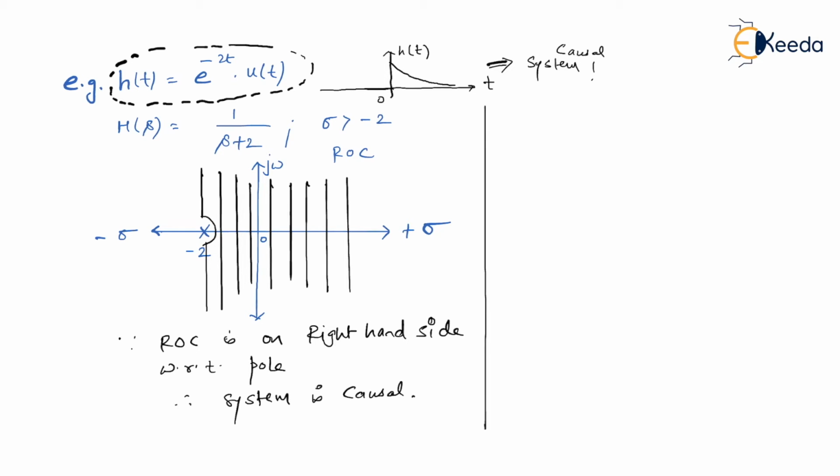So we can discuss multiple examples. We don't have to really start with the time domain response. We have to only take certain ROCs. I'll give you certain ROC examples and you have to identify whether they are causal, anti-causal or non-causal. Please remember, whenever the whole ROC is towards the right side with respect to a pole, then it is causal. If the ROC is to the left hand side with respect to the pole, then it is anti-causal. If the ROC happens to be both sided, then the respective system is said to be a non-causal system. So let me write those points.